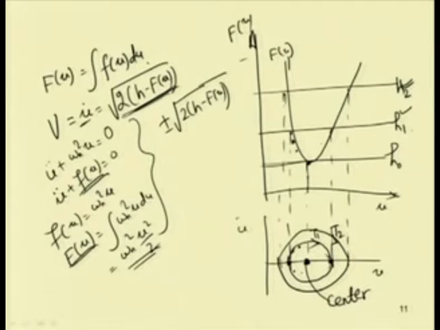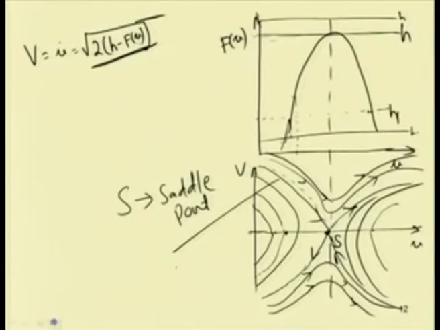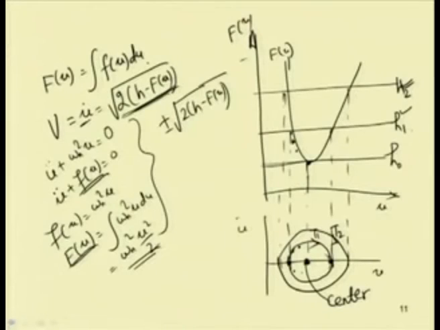So, the point corresponding to the minimum potential energy is the center, and the point corresponding to the maximum potential energy is the saddle point in this case. So, saddle point and center correspond to two equilibrium points for a given system. So, if we have a given system, first we can find this F(u), that is the potential function